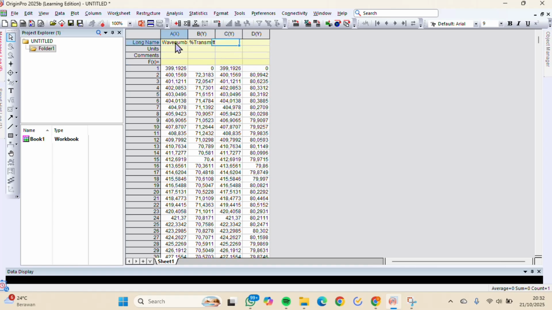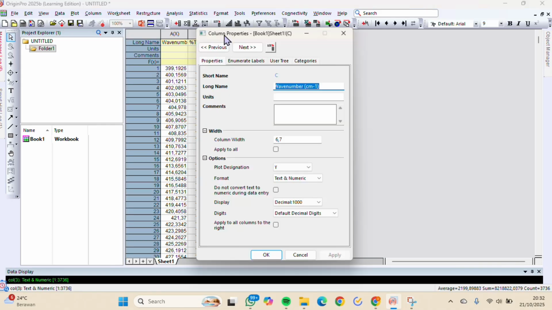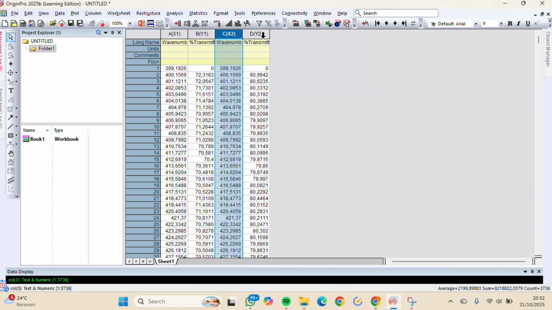We copy and paste with the shortcut. Column C is still labeled as Y, so we need to change it to X. After we change the label,